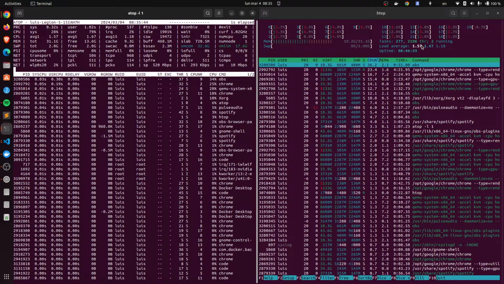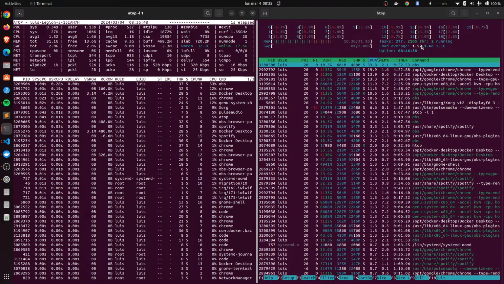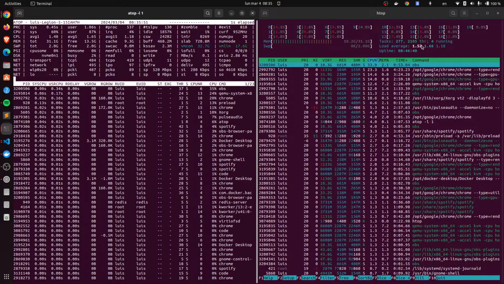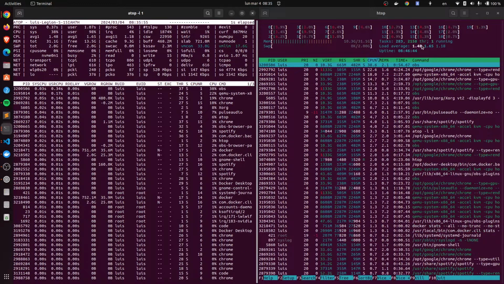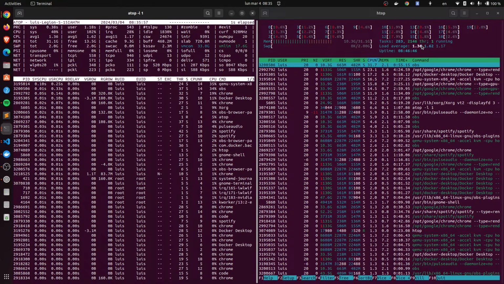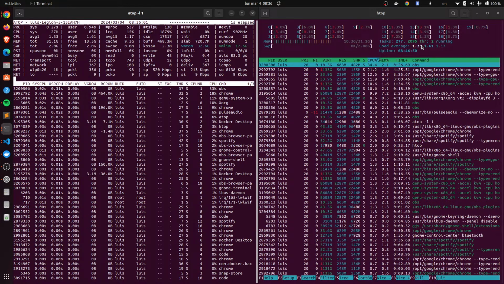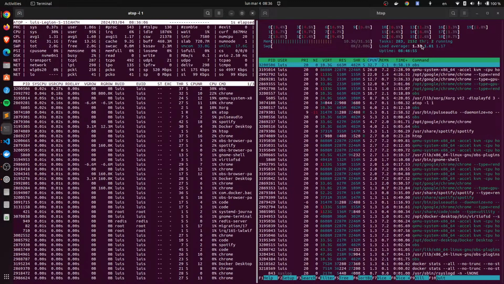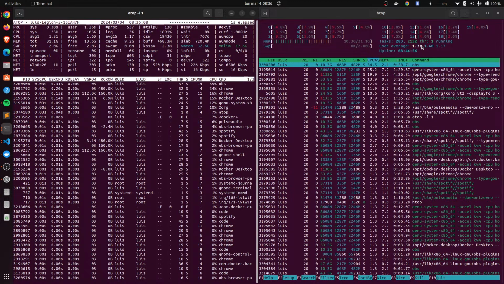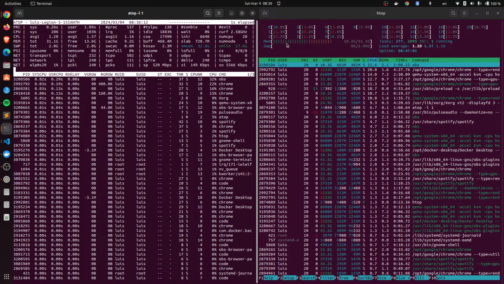So I guess it's gonna be the average load in total, the average load times the number of cores. Okay, load is 10 gigabytes now on the RAM, and swap is not being used.